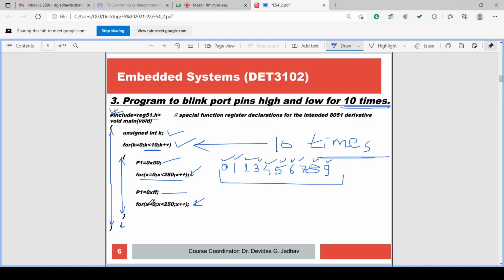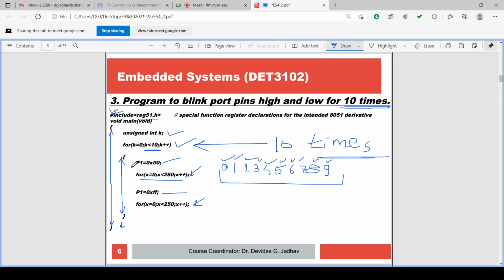So this for loop executes 250 times and goes to the curly bracket. If the for loop has the condition checking k less than 10, and it is true, then again it will execute. Again it is true, it will execute. It executes 10 times because this condition will run true for 10 times, from 0 to 9.